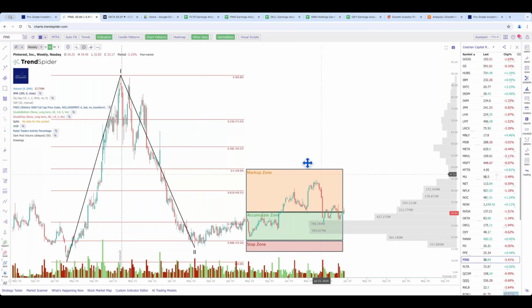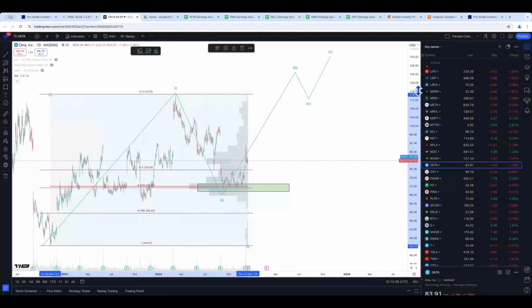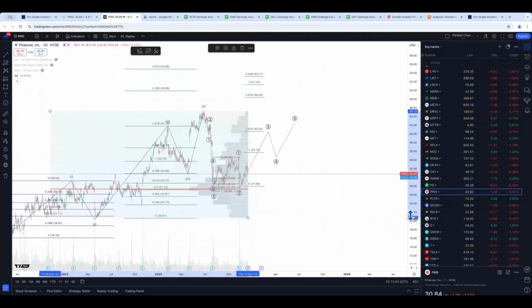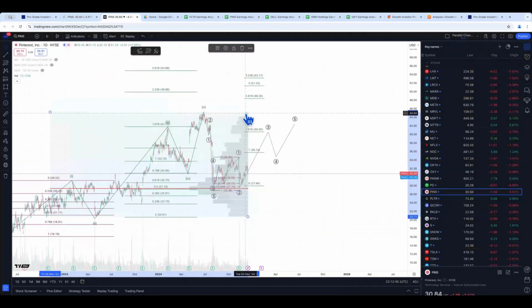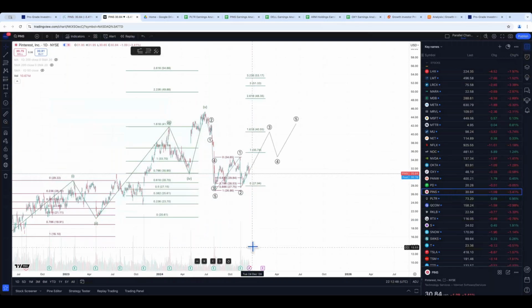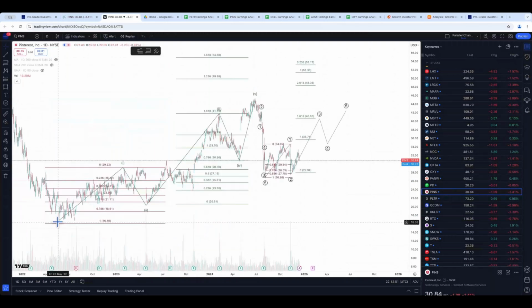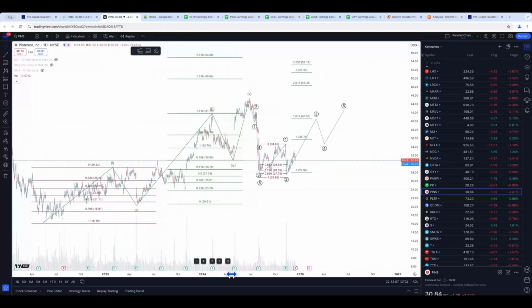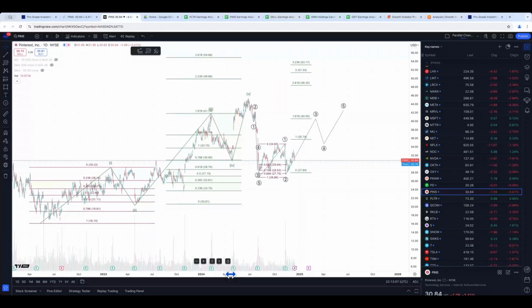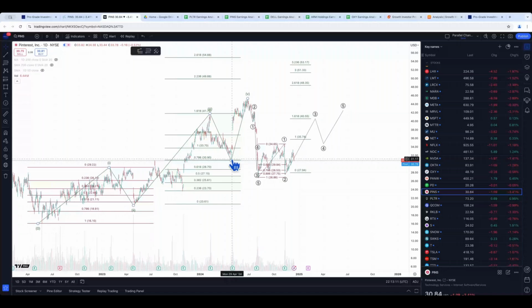If we zoom in somewhat and look at the shorter term chart, I'll just get rid of that for a second. I think what we have here is a bear market low. It bottomed in May of 22. Most other things were October. 1 up, 2 down, 61.8, that number again, retrace holds there. Perfect 1.618 wave 3 extension. I remember calling that at the time in February this year and calling that a sell. Then we have this nice wave 4 low here that holds over that wave 1 high, and then a final wave up, wave 5 up.